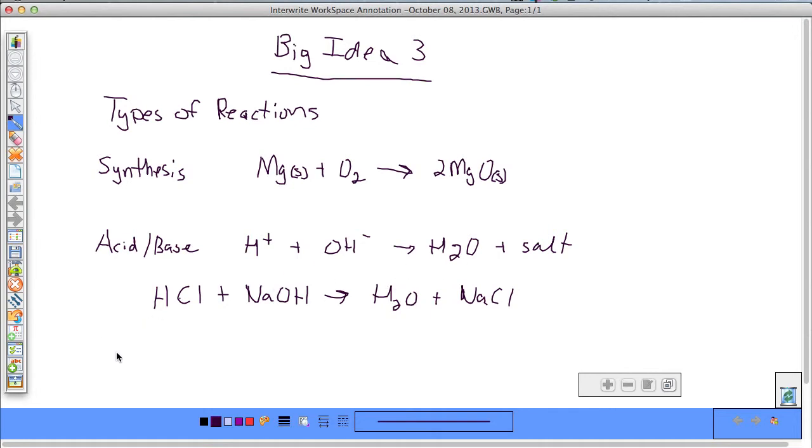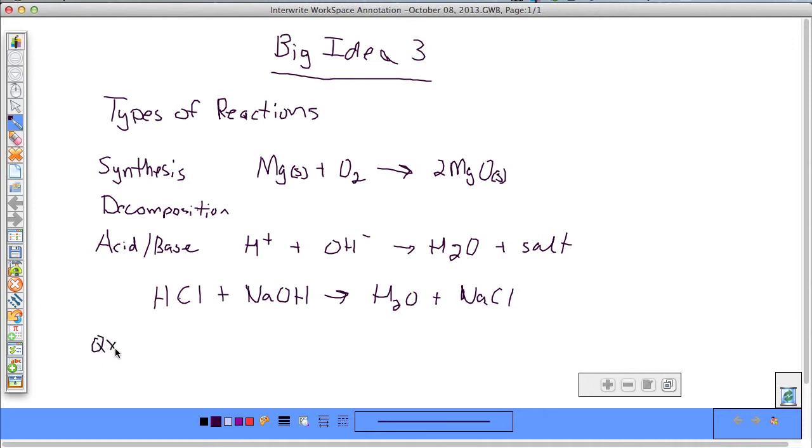We have a couple other ones, but these are kind of the main ones you're going to have to look out for. So synthesis, decomp, I should probably write decomposition in here. Decomposition, and I just went over it quickly as the opposite of synthesis. All right, and then